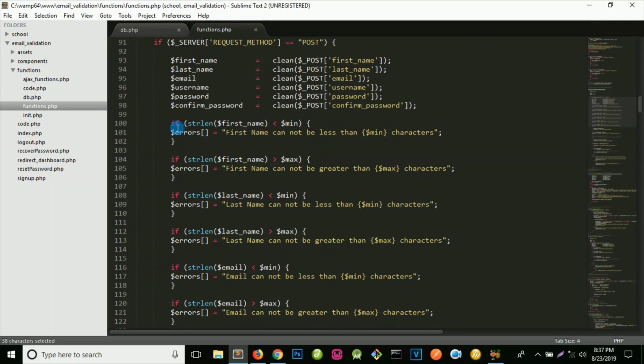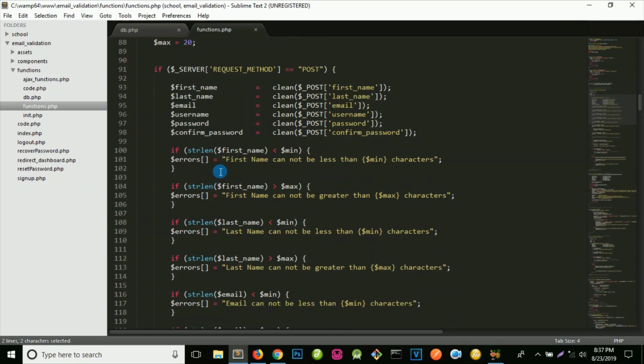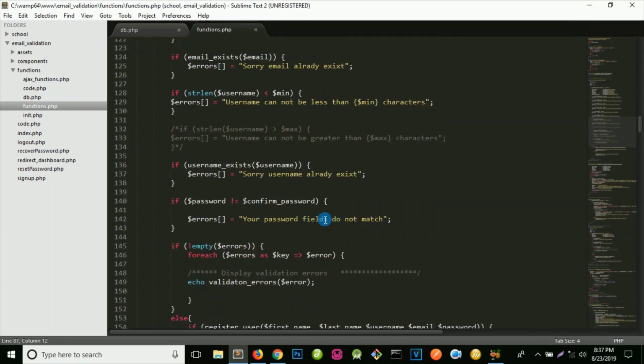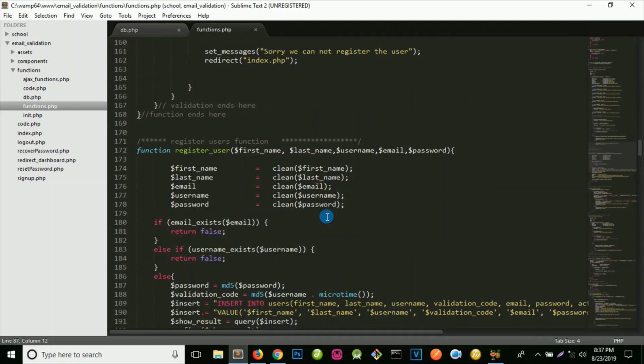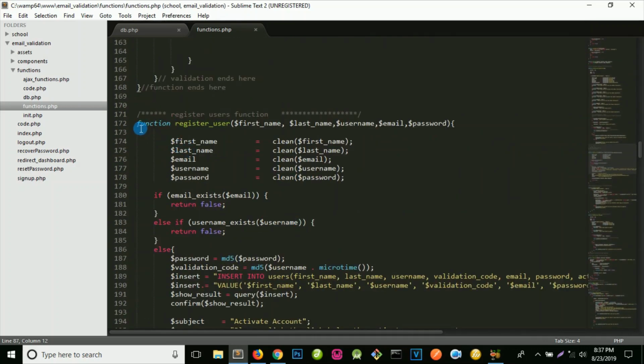So this is where we test if the input is less than the minimum, which is 3, or greater than the maximum, which is 20. That means if what you have typed is more than 20 characters, it will tell you that it's too large, that whatever you type should be between 3 and 20. Let me quickly show you where you are going to do some settings. Now I want you to go to functions,